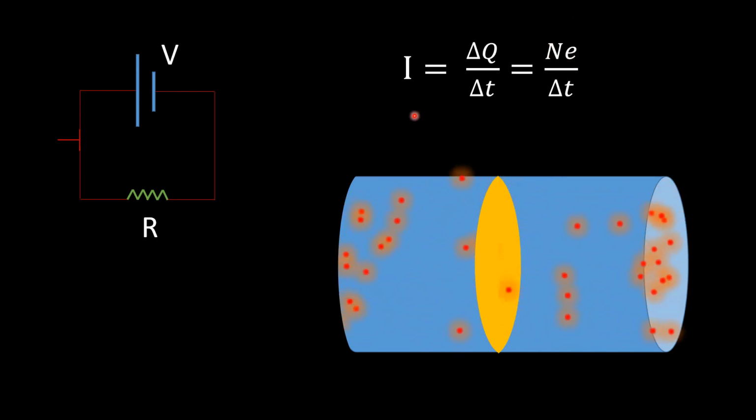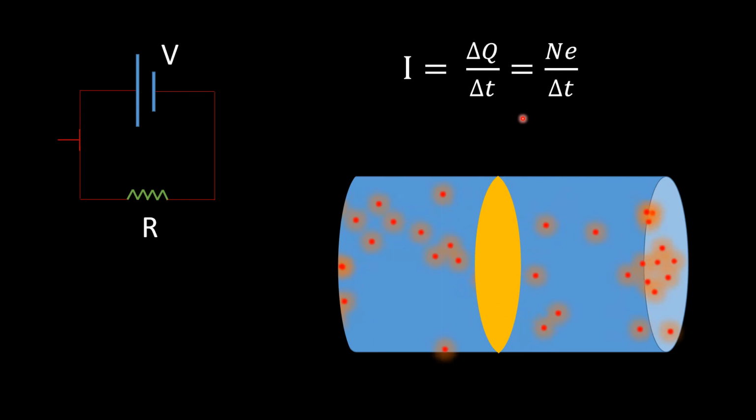So what is current? Current is defined as the amount of charge passing per unit time through a given cross section. And what is the unit of current? Ampere. Coulomb per second is also a unit, but normally current is expressed in terms of ampere. And if we have to define 1 ampere current, we can say that 1 ampere is the current when 1 coulomb charge passes through a given cross section in 1 second.